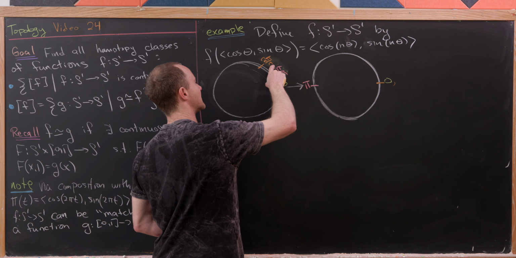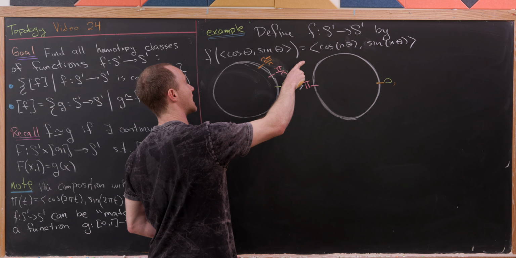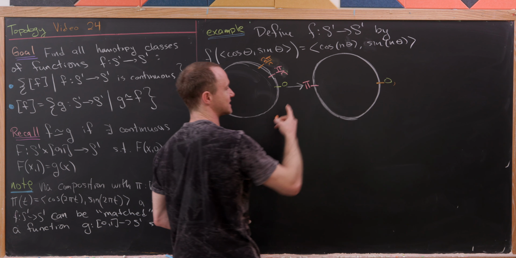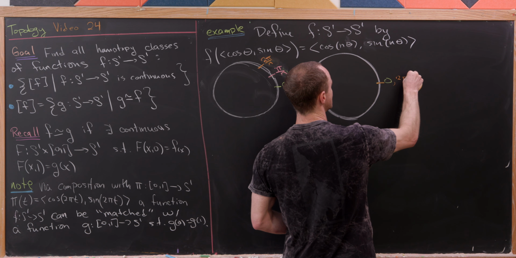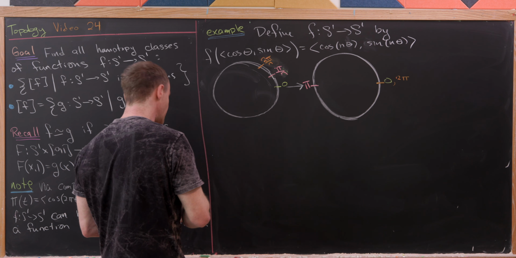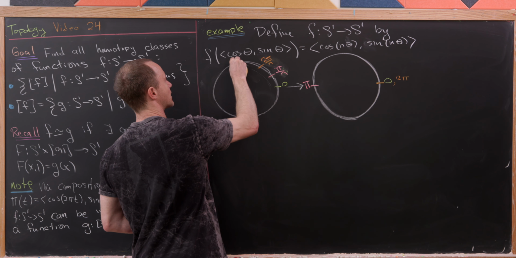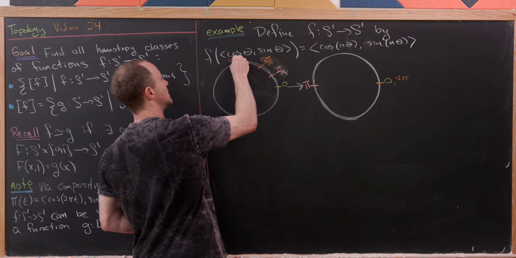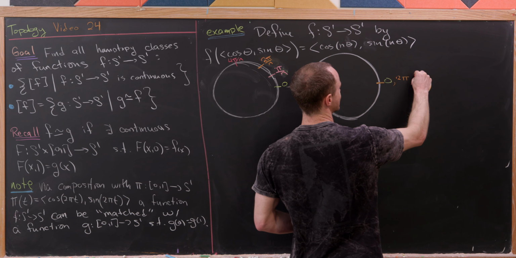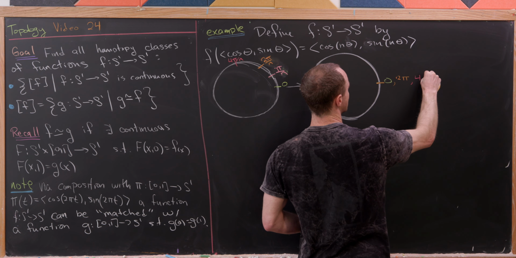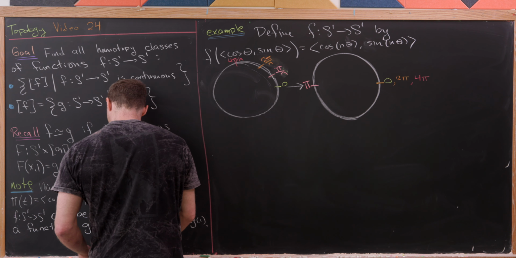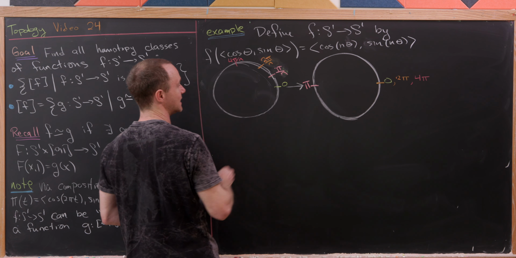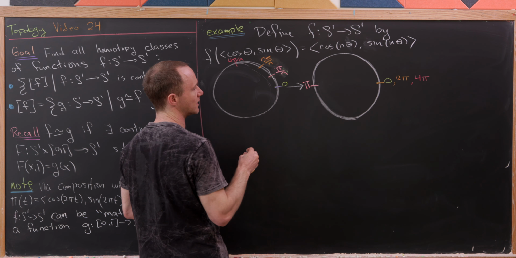Because notice if you multiply this by n, you'll get cosine of 2 pi, sine of 2 pi, which is the same thing as this over here. So here we'll have our 2 pi. And then I think you can see where this is going. Notice that this point right here, which is perhaps 4 pi over n, will get mapped over here to 4 pi. And then, well, this point at the very end, this 0, if you will,